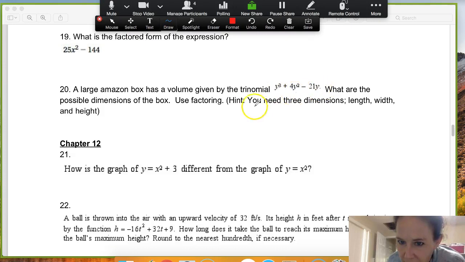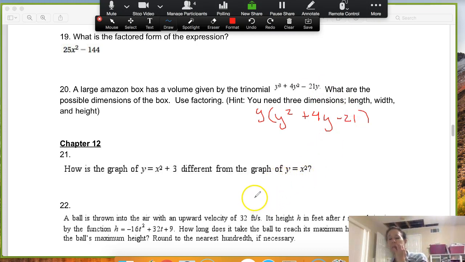If I pull a y out of each term, I'm left with y squared plus 4y minus 21. All right, so we've got a y in common. Now I've pulled out that y. That will be my extra factor. Now here, just go ahead and factor this,